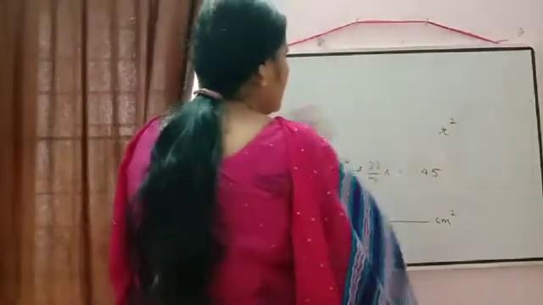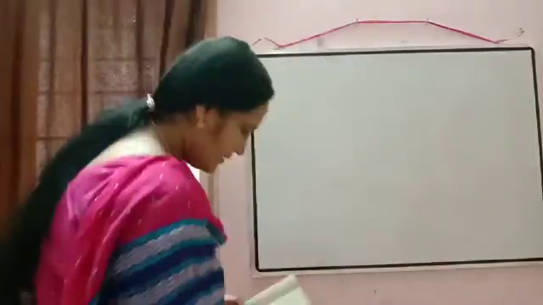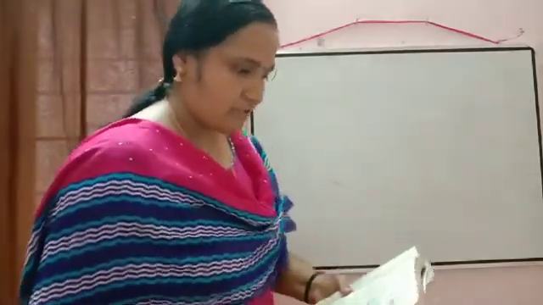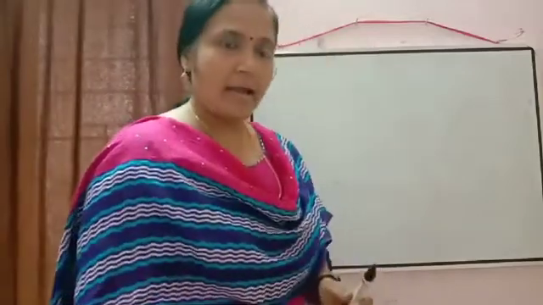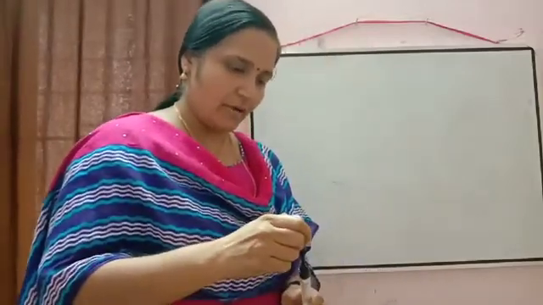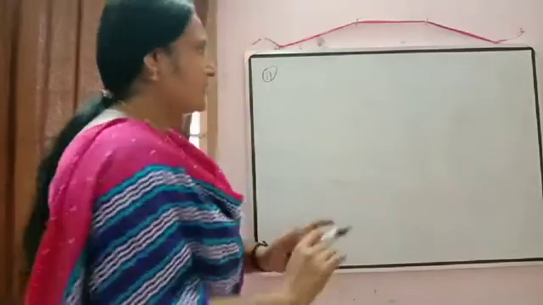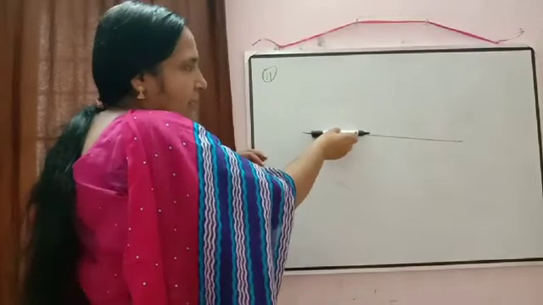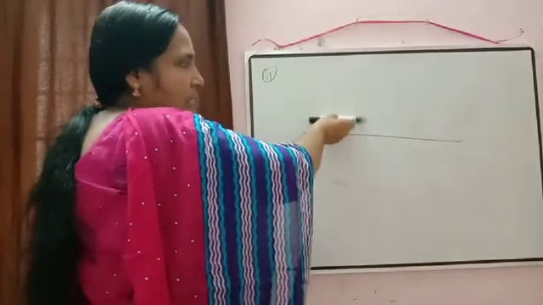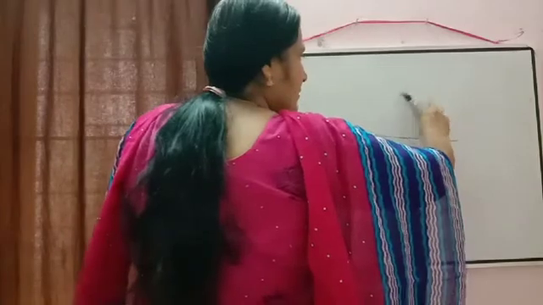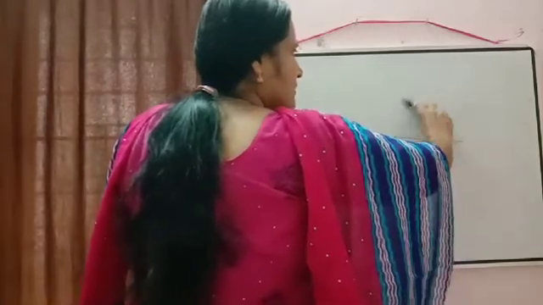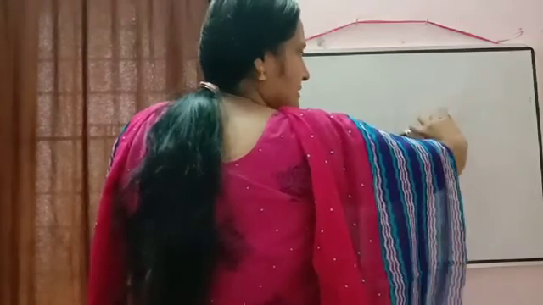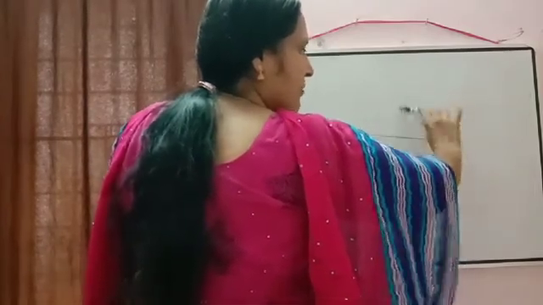Question number 11. In question number 11, it is written, a car has 2 wipers which do not overlap. So you just check there. Suppose here, this is the glass we are taking of the car. So 2 wipers are there. So we know wiper will move in this direction only. One wiper in this direction and the other one will move in this direction. So in this way, they will form the arc. Correct? They will be in this length, if you will consider, that will come in the form of an arc of a circle.